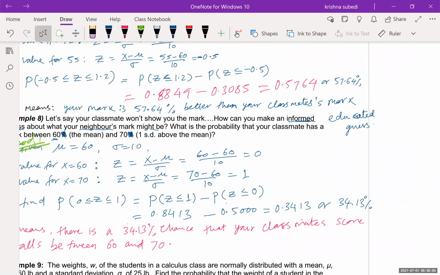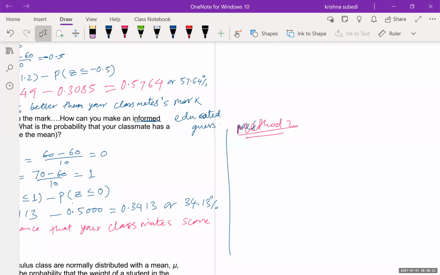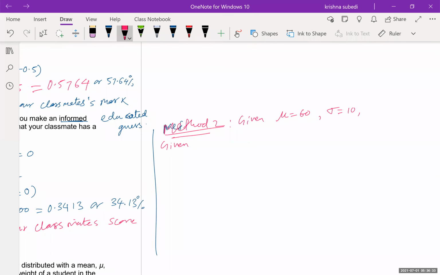Now try to figure out whether it can be solved by using the property of normal distribution. Can we do that? Method 2. If you look at what is given in this question, mu is given 60, standard deviation is given 10, and what we want to find is the area between 60 and 70. So that means